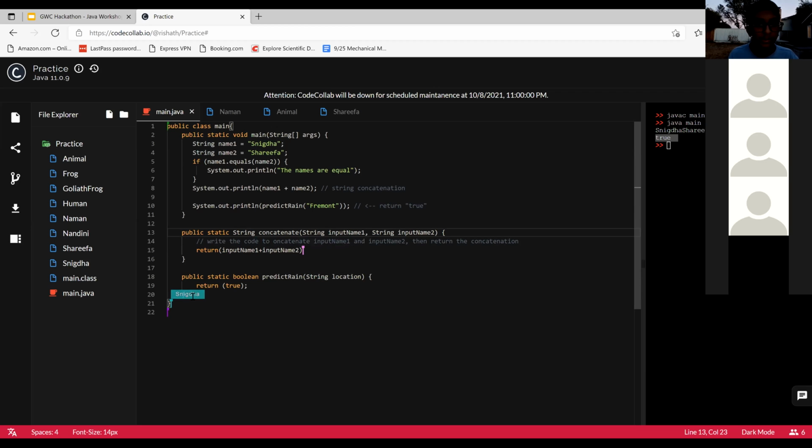Okay, good. And then how do we end? Okay, good. Great work. So yeah, this is the correct code. We'd simply write return and then input. We'd return the sum of input name 1 and input name 2. So if we were to use this method here,